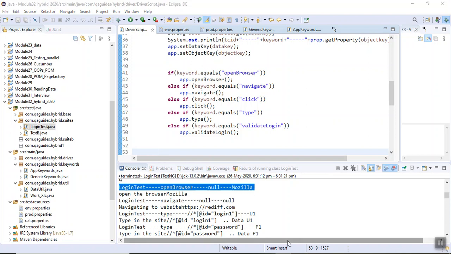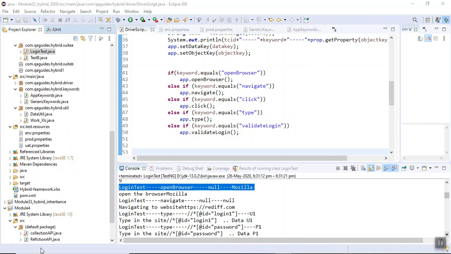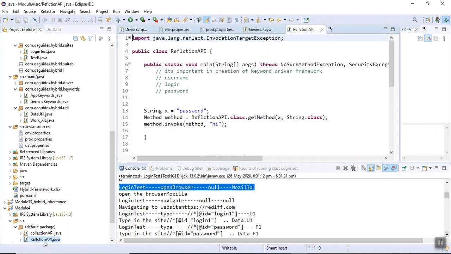So here comes the concept of reflection API in Java. If you go through my module number 7, you will come to know about reflection API. Okay, what is reflection API? Basically, the keyword and the function name are same. So let's work on it. It is in module 6 or 7. Just go through it. Okay, you will get my video. So you can get this reflection API from my module 4. Okay, let's start what it is doing. Okay, suppose we have a string with the name as password. Okay, our string name is password.